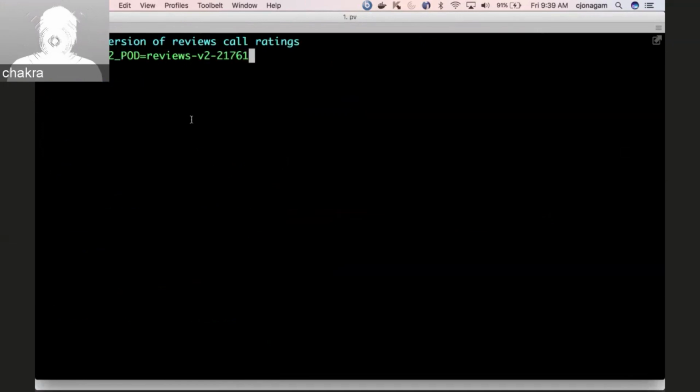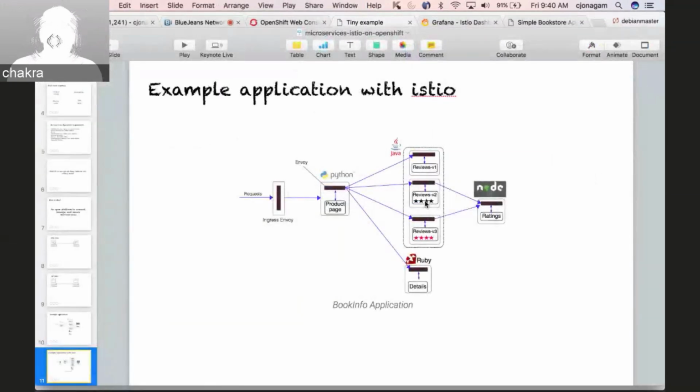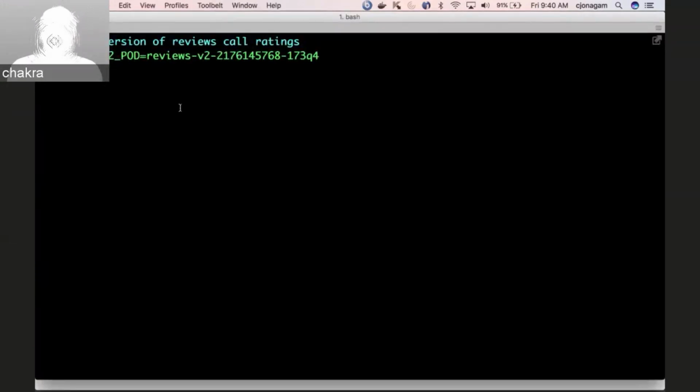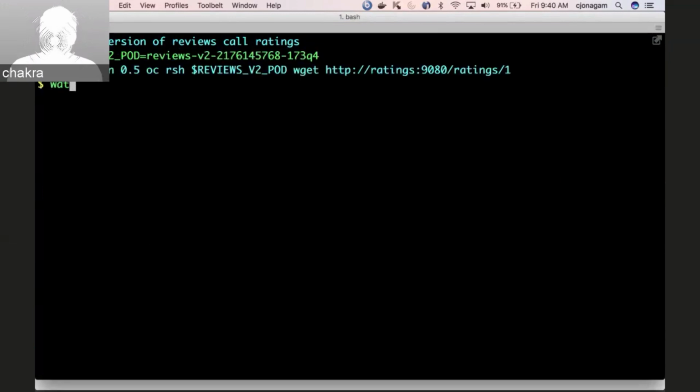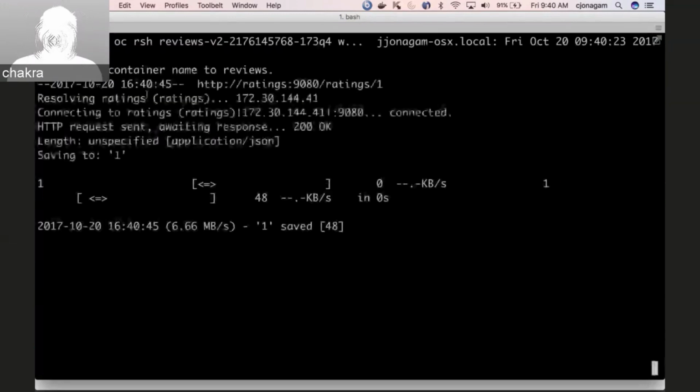So let's log into version 2 of our reviews microservice and then make a call to the ratings microservice. We'll try to keep calling the ratings service from this microservice. So I will log into version 2 of the reviews microservice and then make a call pretty fast. Now you can see